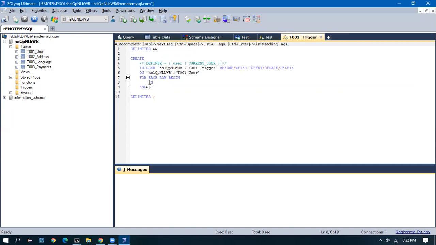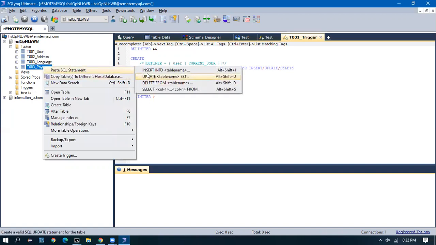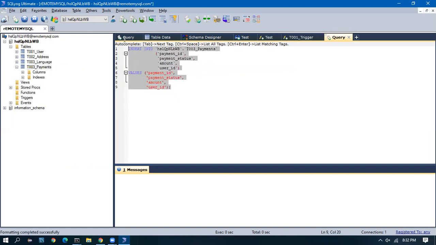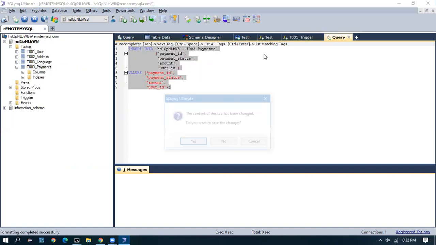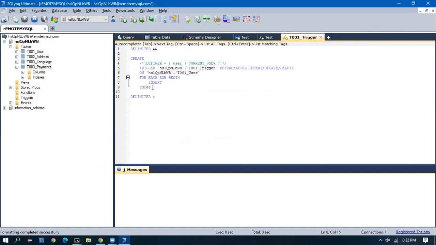What I will do, I have to insert a record in the payment table. I'll take an insert script from the payment table. And for each row in the user table, insert into payment. The payment ID is a primary key, I will delete this. Payment status is open.